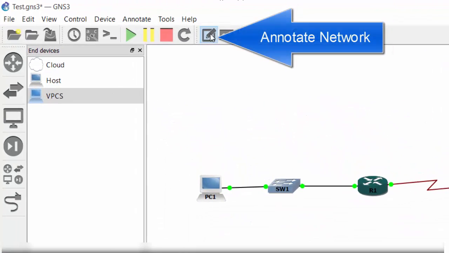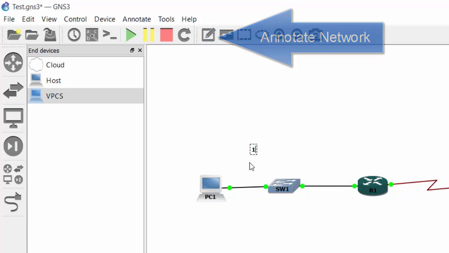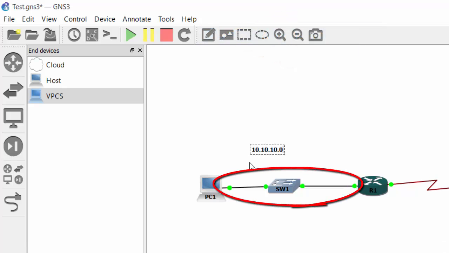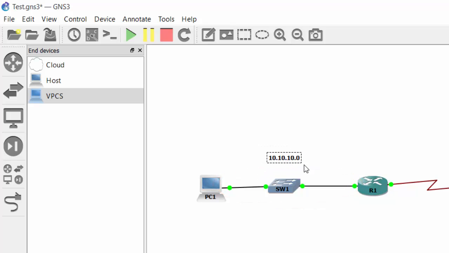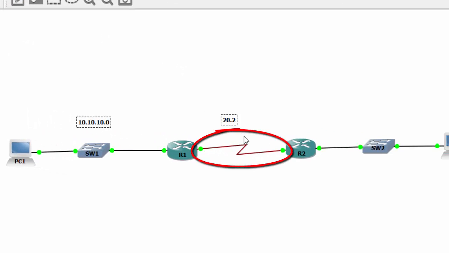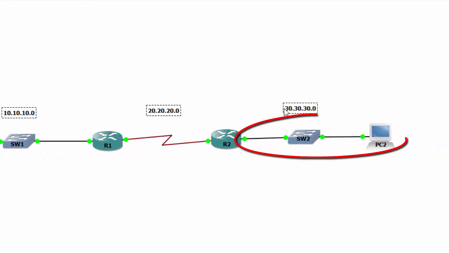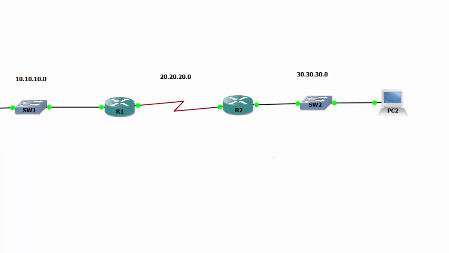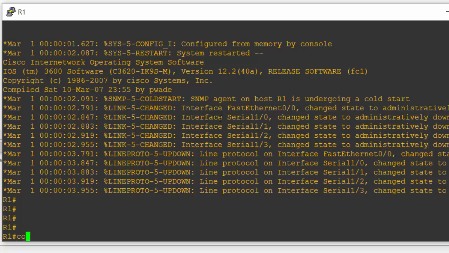We've got a few things to configure here. Let's put our network designation down. We have the 10.10.10 network. The router interface for router 1 will be 10.10.10.1 and become the default gateway. And then we have the 20.20.20 network between routers. That'll be a 30-bit mask. And then we have our 30 network. That'll include the router port and the workstation. So we have to draw this out so that we know where we're going to go with our